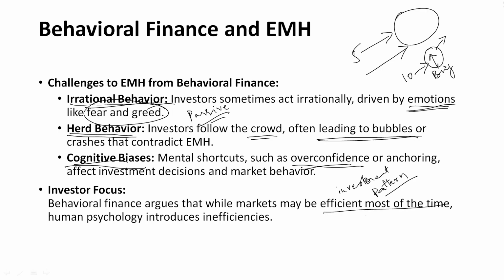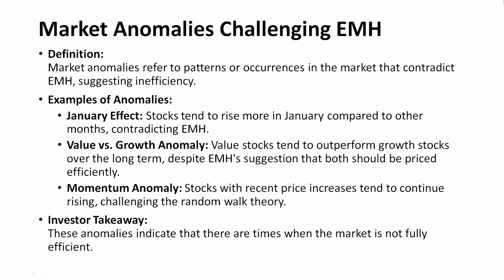So efficient markets are those markets where you do not find individuals of this character being part of it. If you find such persons there, then it's considered to be an inefficient market. Then there are many anomalies which have been challenging the efficient market hypothesis, or you can call them the critics of the efficient market hypothesis. Sometimes the market has shown that it is actually contradicting the EMH, because the prices